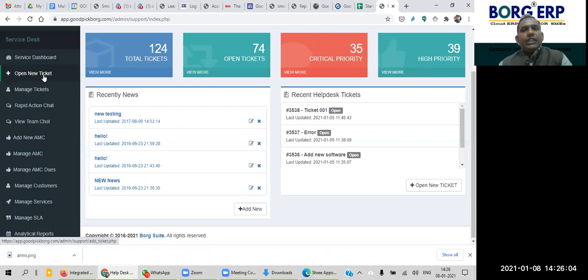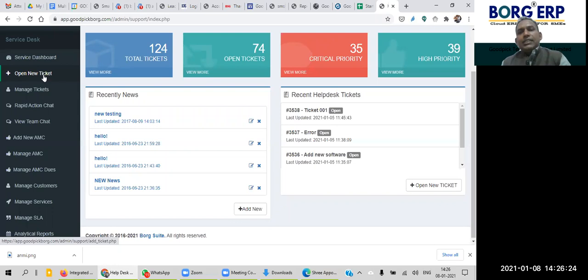Now, as I explained earlier, there are two options to open a ticket. One is that any organization can give access to the customer dashboard to their customers, and Borg does not charge for them.